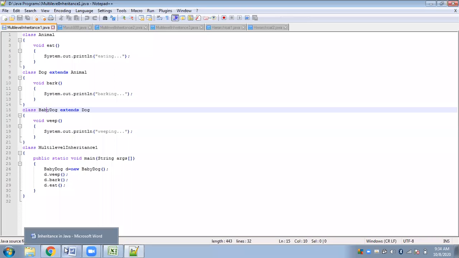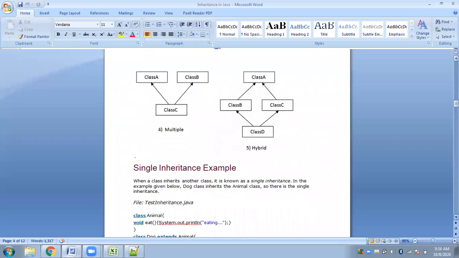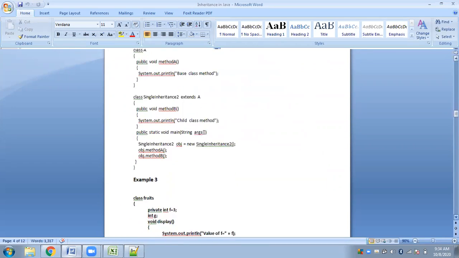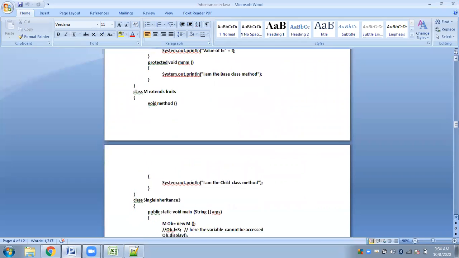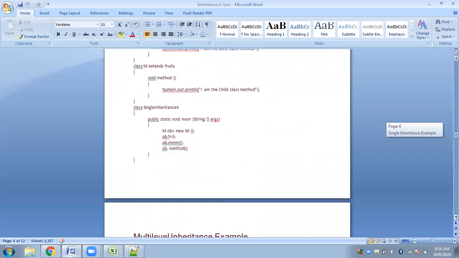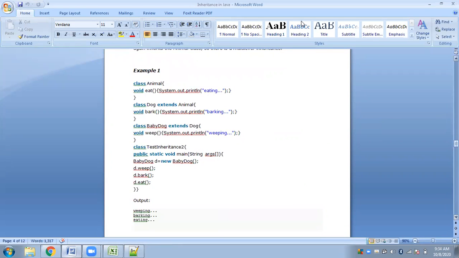Let me just show you one thing here, in terms of a diagram.